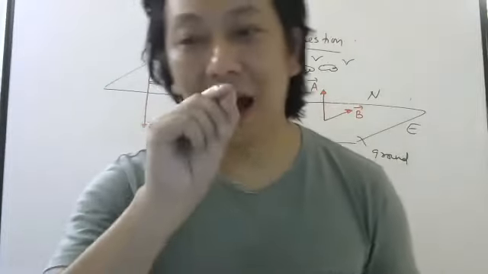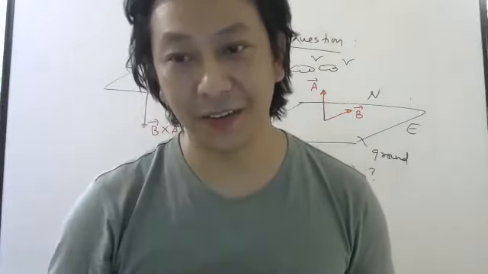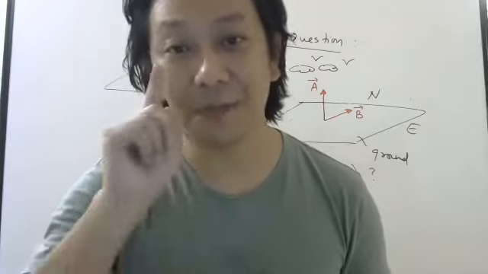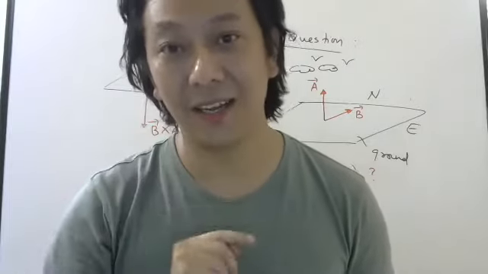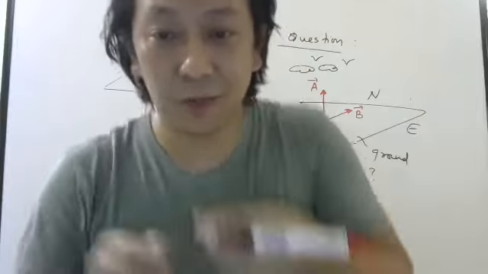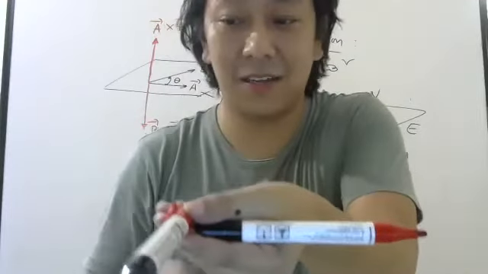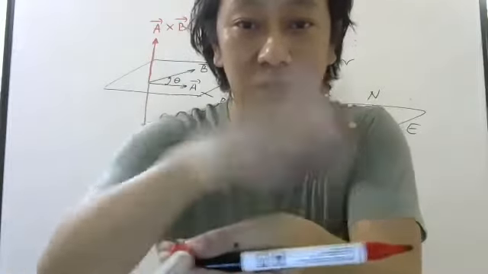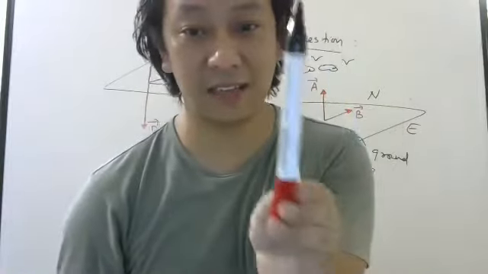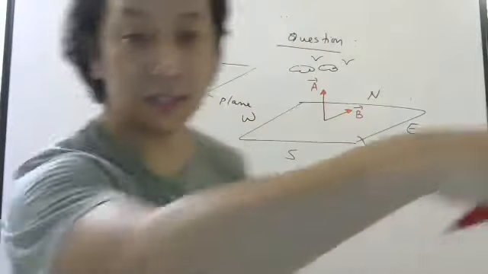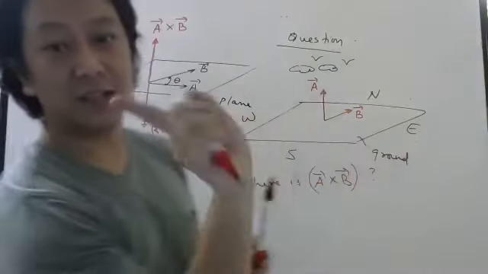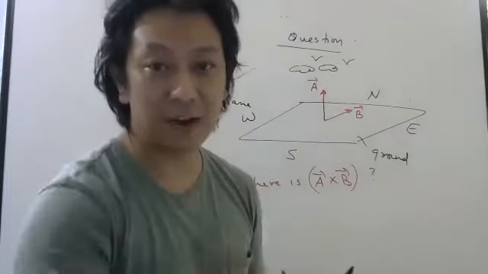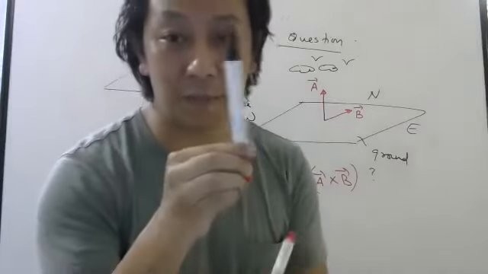First of all, write the notes which I am giving. Cross product of two vectors is perpendicular to the plane containing the two vectors. So when these are the two vectors like this, the cross product can be either here or here, perpendicular to this plane. Now the vectors are like this. One vector is towards north. This is east, this is west, this is north, this is south, this is up, this is down.